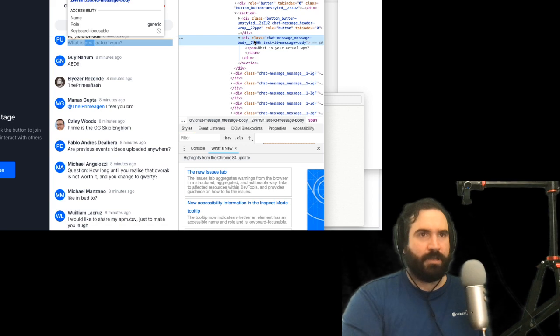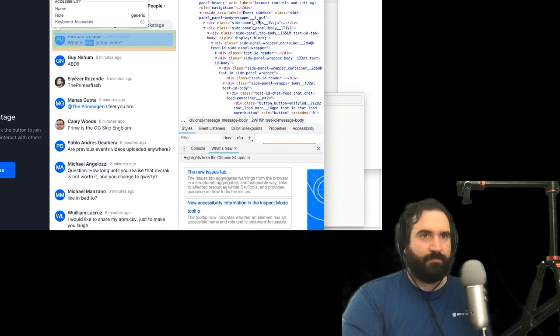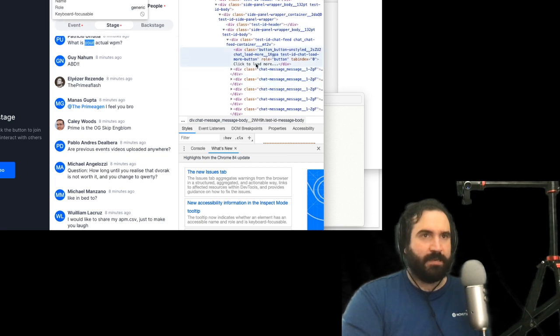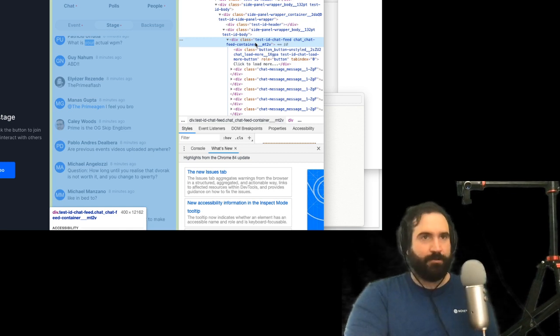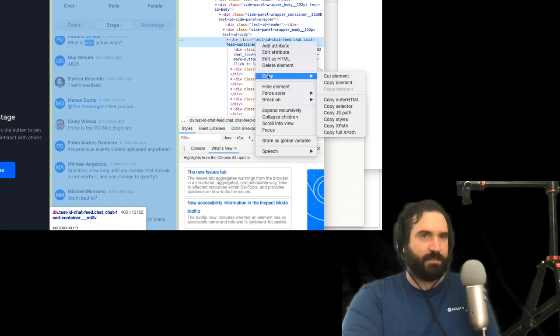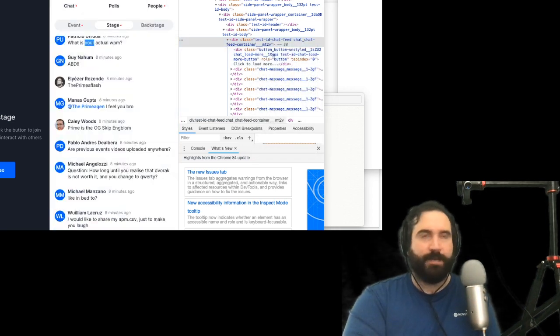And you can see all the comments are in these divs. And if we get to the top here, you'll see that this div over here contains all the comments on the whole page. So what I did is I scrolled up, gathered all the comments, right-clicked, and just clicked copy element, I believe. I'm not going to do it now because I didn't scroll all the way up this time. But you copy the element,